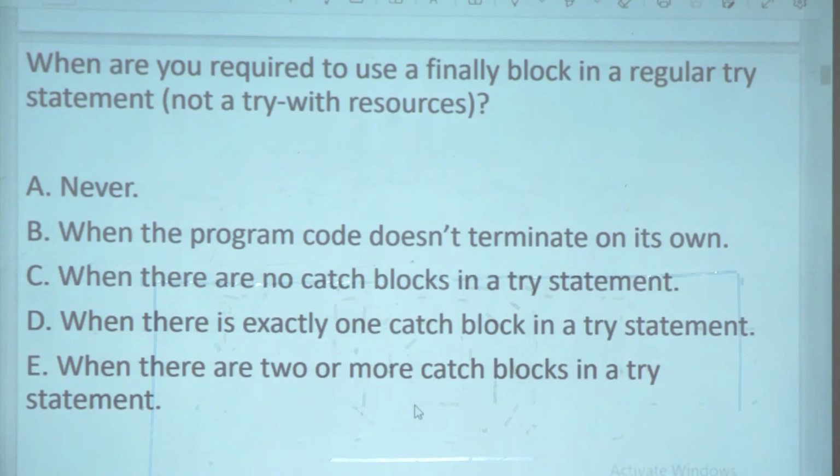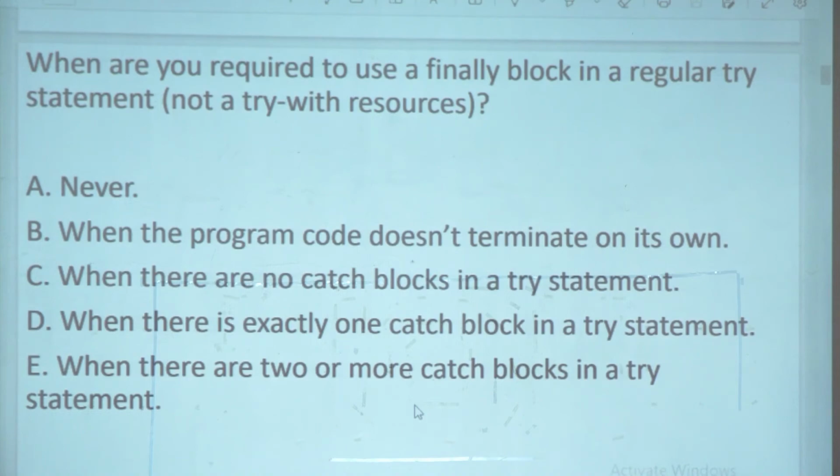Yeah. So if there is no catch block in a try statement, then you need to have finally, because try will work either with catch, or with finally. You can have a try block with a catch block and a finally block, or just a try with a catch block, or just a try with a finally block.